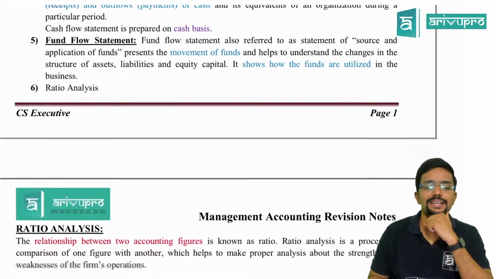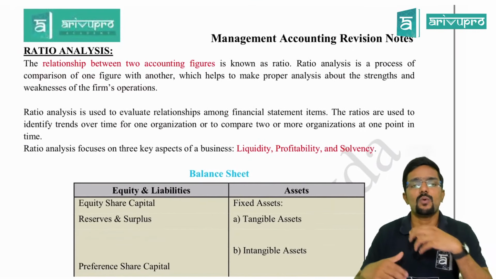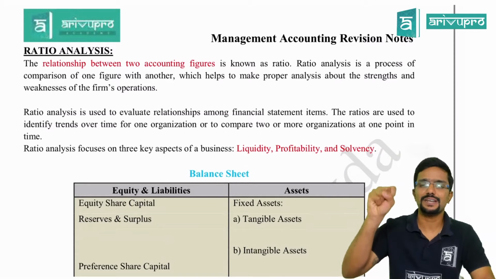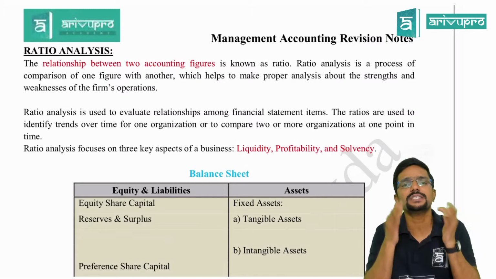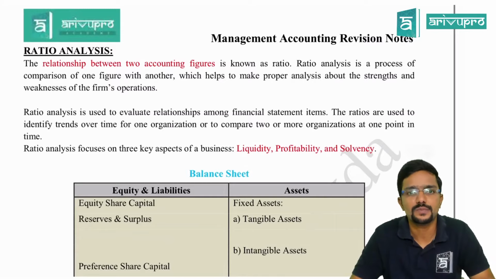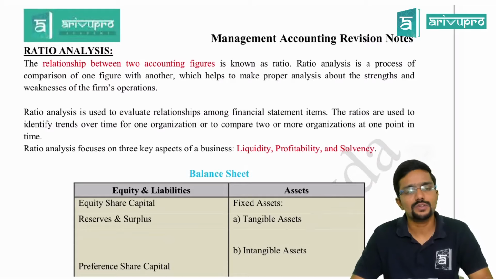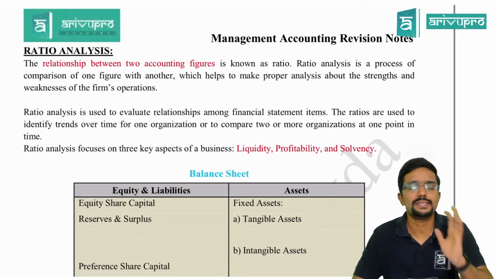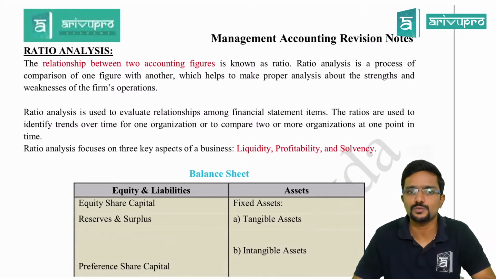Next comes our ratio analysis. So our chapter is all about ratio analysis. Sir, what we do in ratio analysis is we will take two accounting figures, whichever are presented in my financial statement, and we will see what is the relationship between those two figures. How are they performing? Is it good or bad for a company? So there are various ratios which we will calculate. Each ratio has its own significance, where we have to check, okay, is it good or bad for a company to have higher ratio or lower ratio?